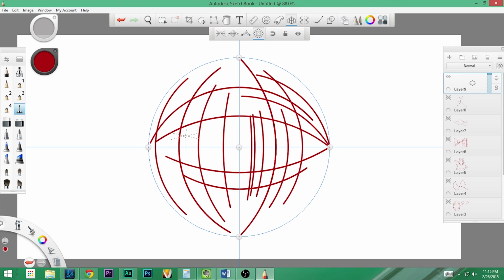But those are the perspective tools. And why would you use perspective? Well, if you're trying to create true perspective. If you don't know what perspective is, well, that's a whole other lesson that I'll have to get into. But if you know what perspective is, know that Autodesk Sketchbook allows you to work in perspective mode. It's awesome for me as a scene designer because it allows me to get my perspective true when I am